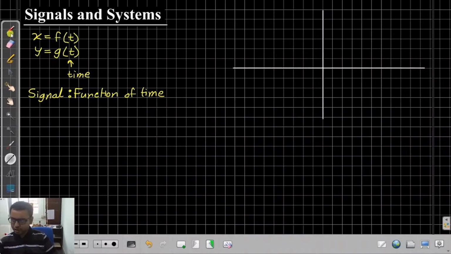Let me draw some arbitrary function which looks like this. Call this function x of t,